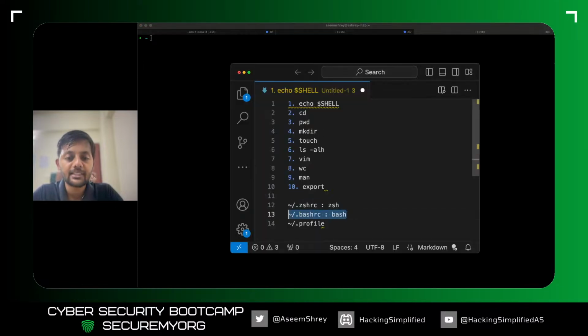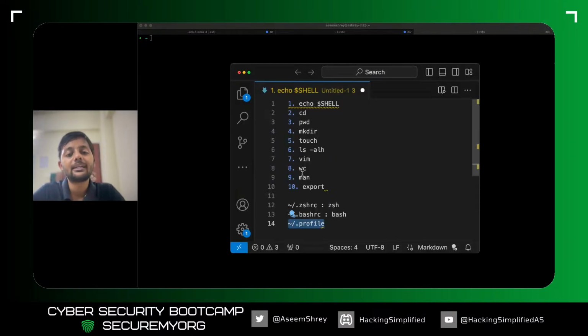The same goes for bashrc. If you set anything in bashrc and you're using a bash terminal, those variables get loaded automatically. Profile is consistent throughout. Whether it's a bash terminal or a ZSH terminal, profile would get loaded in any of them. So let's say there's a VPS server that multiple people are accessing with the same account. They can put things in their profile, and whatever terminal they prefer to use, they would still have those variables and that configuration in all these terminal sessions.